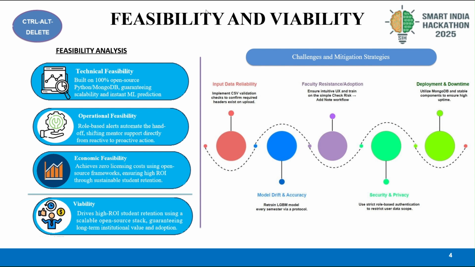We know faculty resistance to adoption can be a hurdle. That's why we have focused on an intuitive user experience and will train staff on a simple check risk and add note workflow. Security and privacy are non-negotiable. We use strict role-based authentication to restrict the scope of data each user can access. Finally, to minimize deployment downtime, we utilize the stability of MongoDB and other robust components to ensure high uptime